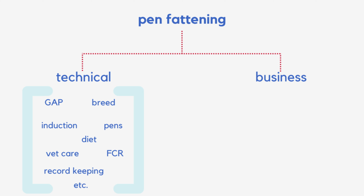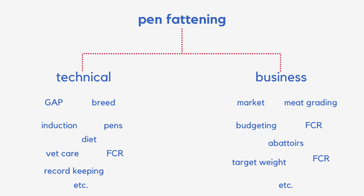you use in the business, the induction, which is the weighing that happens when the cattle come in, and the grouping, the pens themselves, the dosing, the veterinary care, the diet, and the feed conversion ratio, FCR, and the record keeping. There's also the business side, which represents the market, the grading of the meat, the budgets that need to be done. Also, again, the FCR, the relationships with abattoirs, which is your market, and off-takers, and also the target